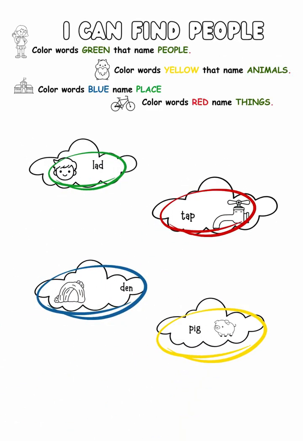Use visual coding to reinforce memory. Follow the color key: green for people, yellow for animals, blue for places, and red for things. This is a great activity that allows you to walk around and see which students are correctly identifying the categories